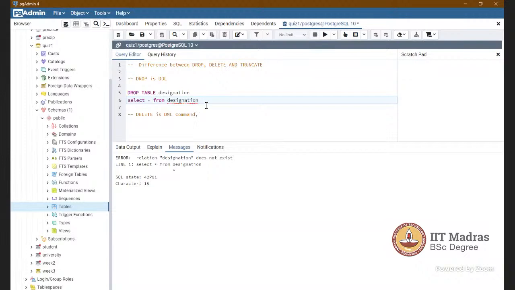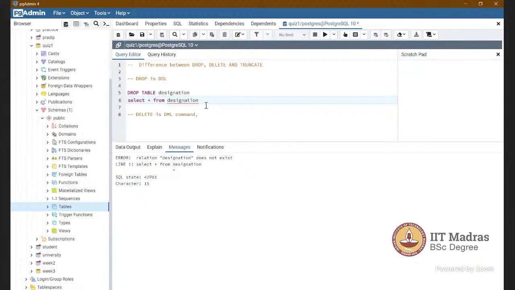Delete can delete all the rows, and truncate will delete all the rows, but the schema will remain. The column headers will remain. In delete also the column headers will remain, because delete is DML, not DDL. It is not changing the schema.